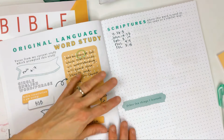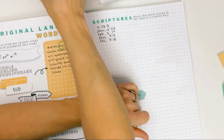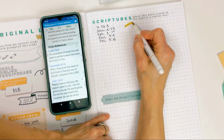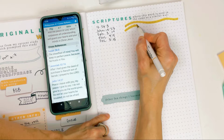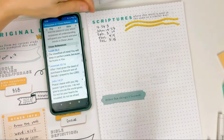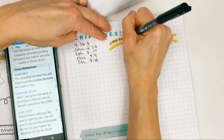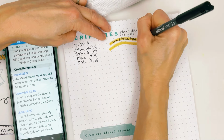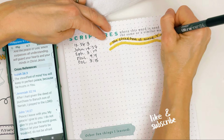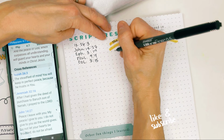So let's go ahead and write out the first one. Isaiah 26:3. So I can show you how it is that I would do this. Let's see how long Isaiah 26:3 was. It was 1, 2, 3 lines. Let's go. I'm going to draw 2 lines and see if I need them all. It says the steadfast of mind. That's who we want to be. We want to be the steadfast of mind. That's what we want God to think of us. The steadfast of mind, you will keep. This is what God's going to do if we're steadfast. You will keep